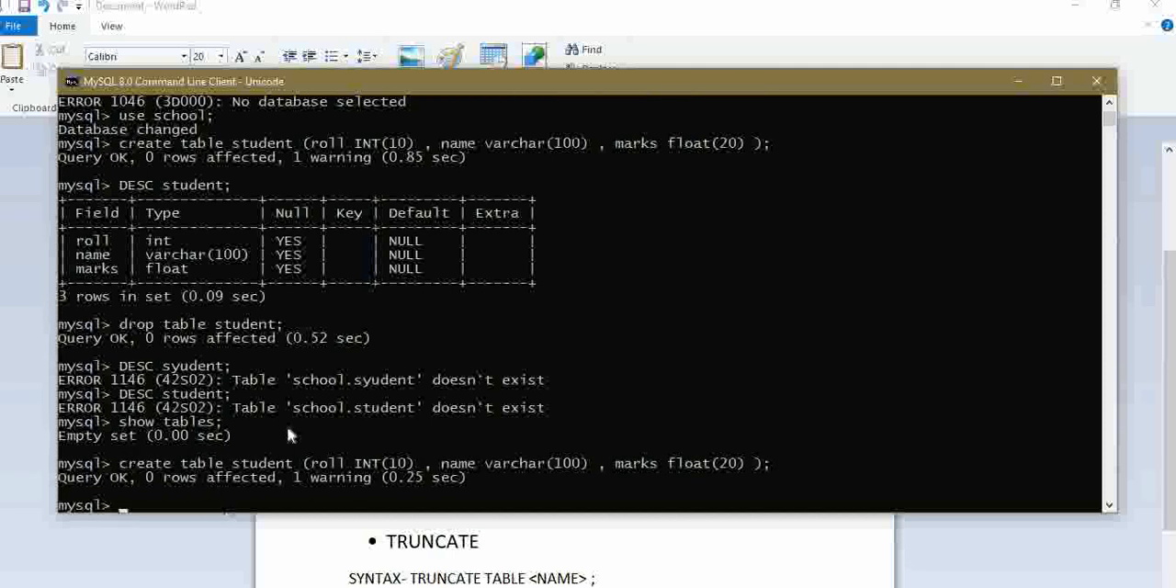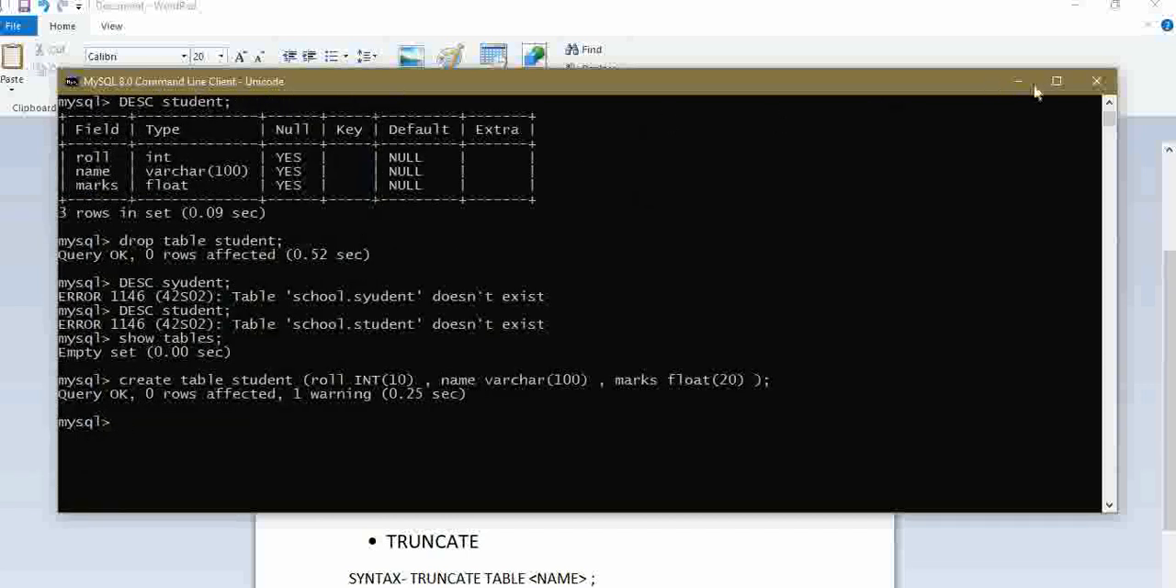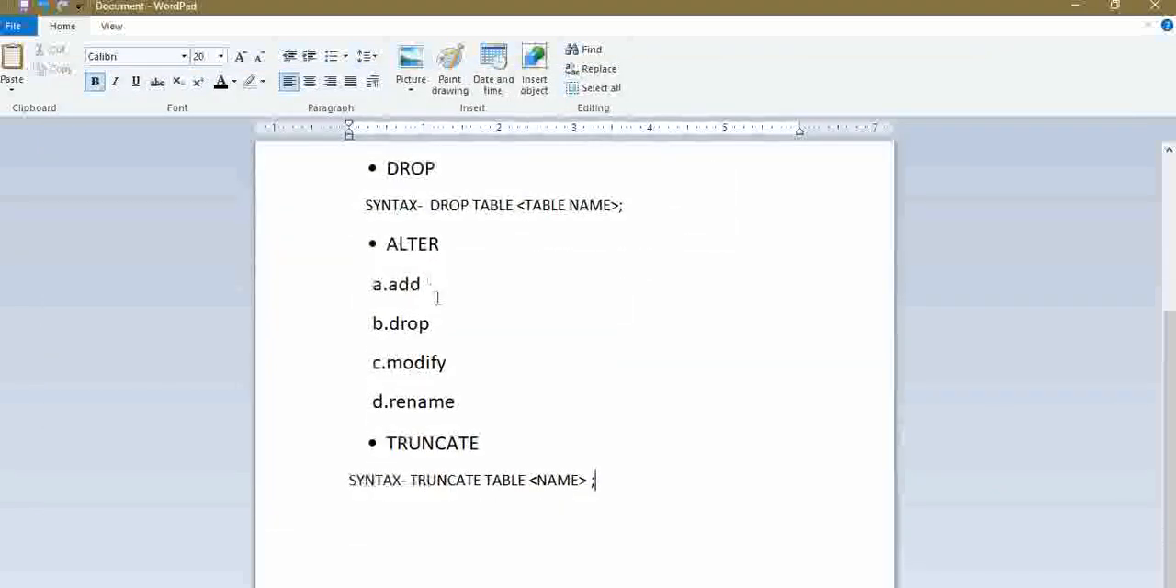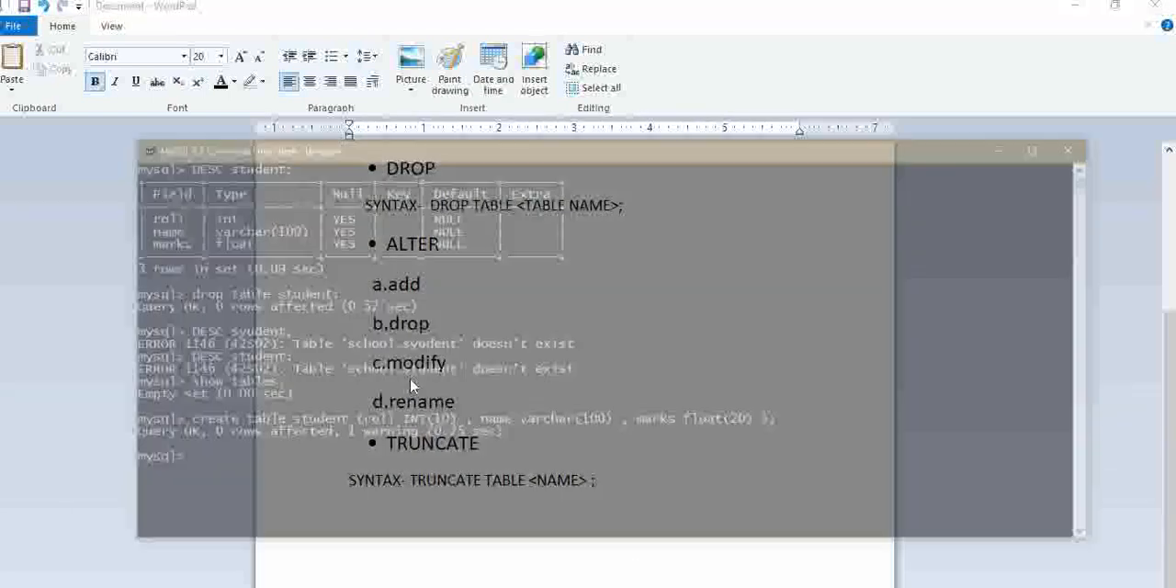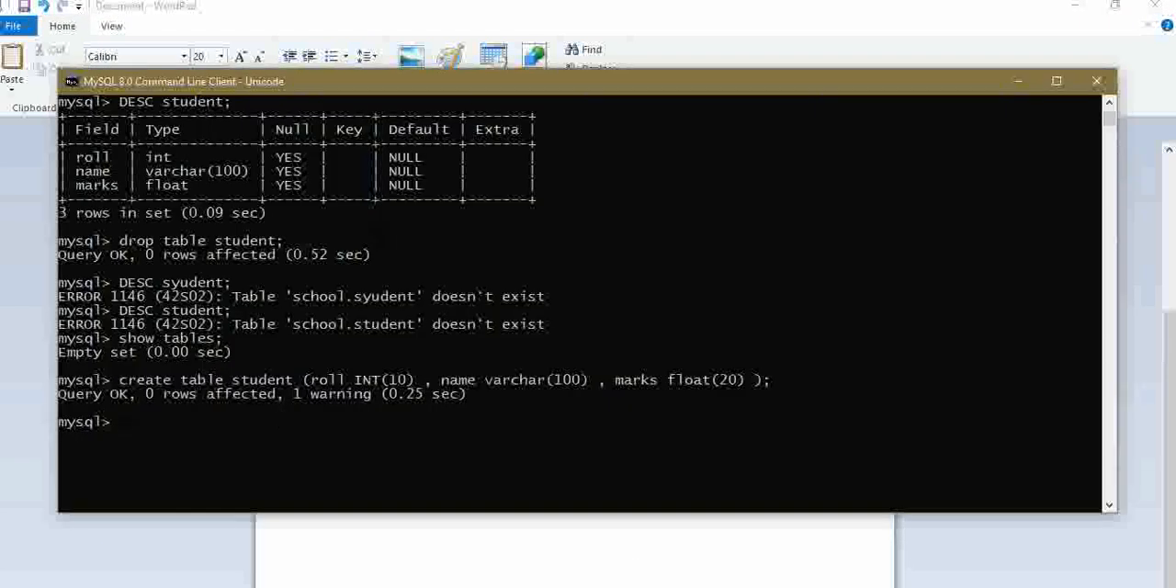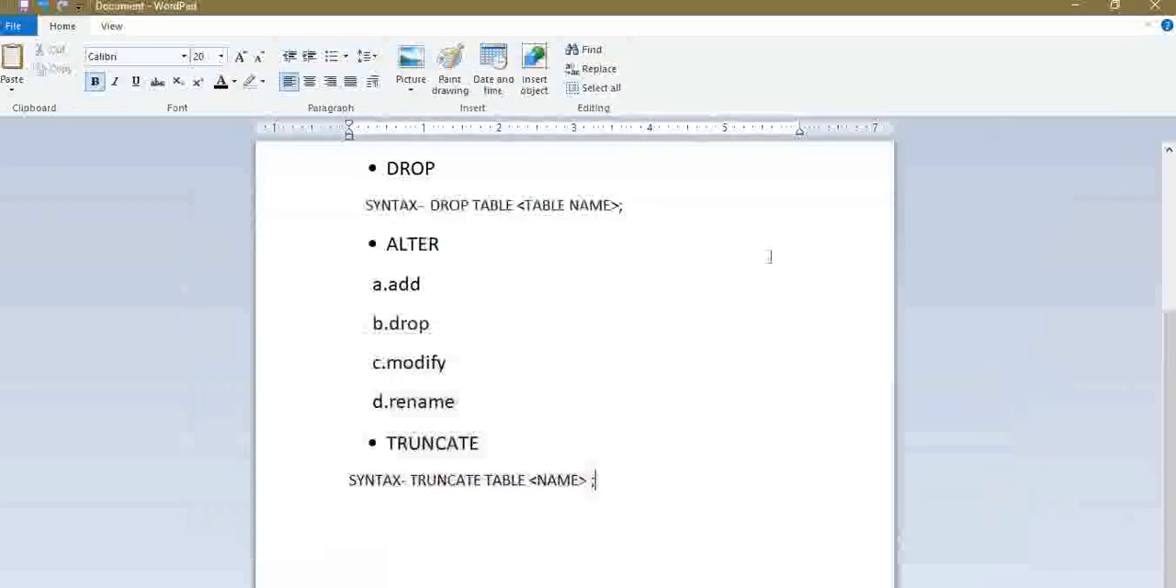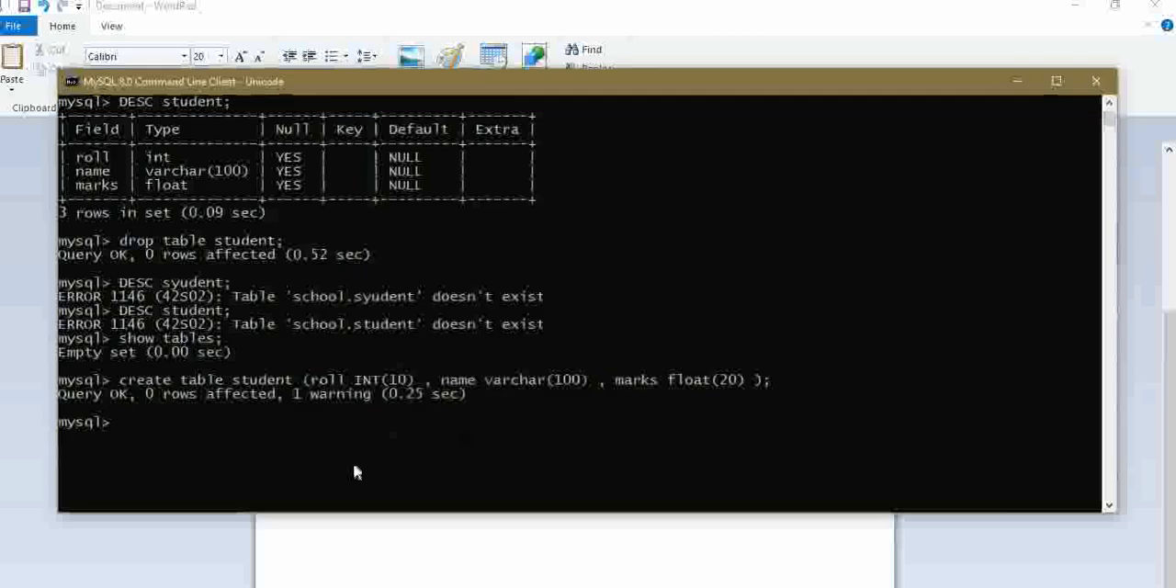So we have created the table. Let's now alter this table, meaning we have to add some extra column in this table. To add an extra column, first we look up the syntax. What is the syntax? The syntax is just write alter table, name of the table, here just student, and